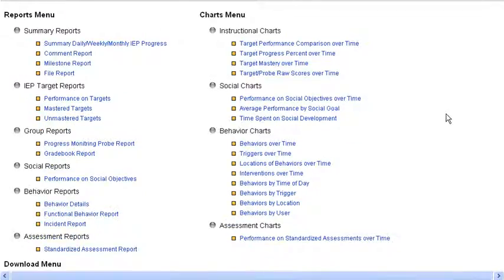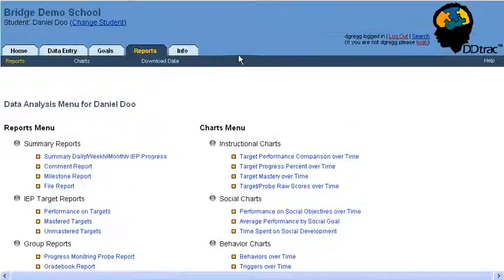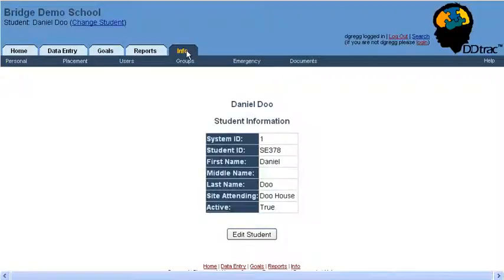The last tab you see for an individual student is the Info tab, and that gives you basic information about the student, from the minimum required information for DDtrac to work, which is the student's name, the first name and last name, site they attended, and whether or not they're currently active and you're taking data on them. You can also enter personal data for the student, their parents, their guardian information, their placement data, what services they're